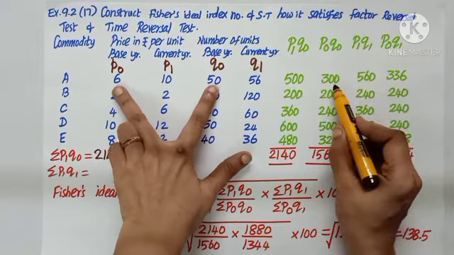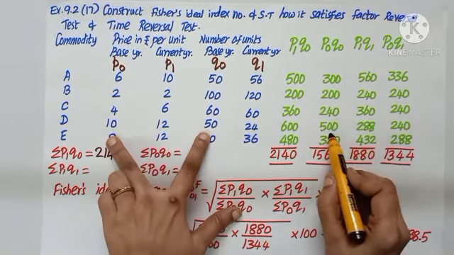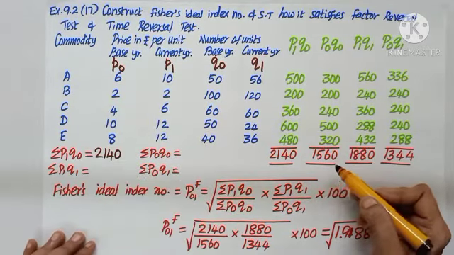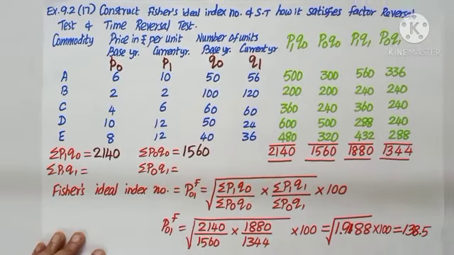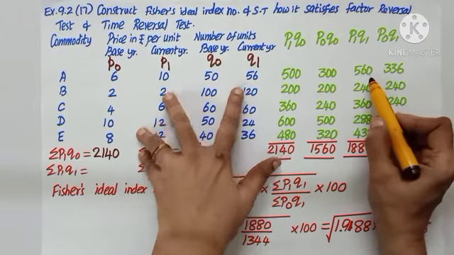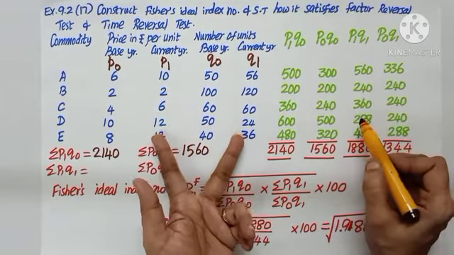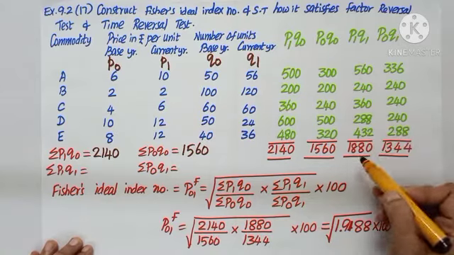P0 Q0: multiply these two. 6 into 50, 2 into 100, 4 into 60, 10 into 50, 8 into 40, and the total is 1560. P1 Q1: multiply these two columns. 10 into 56, 2 into 120, 6 into 60, 12 into 24, 12 into 36. The total